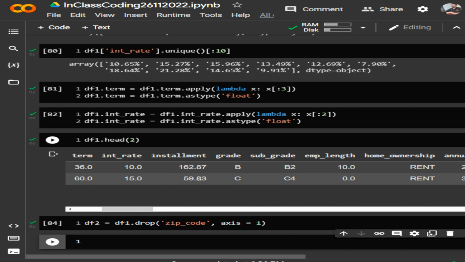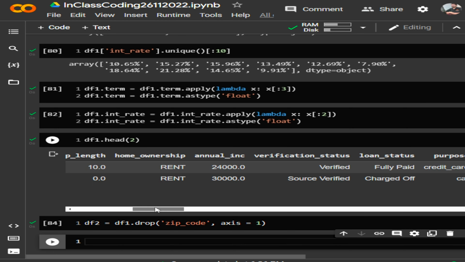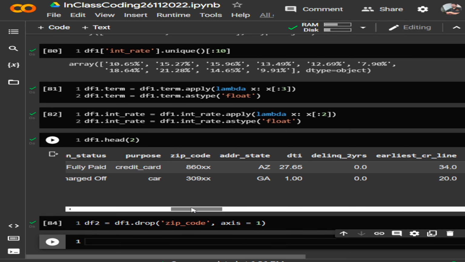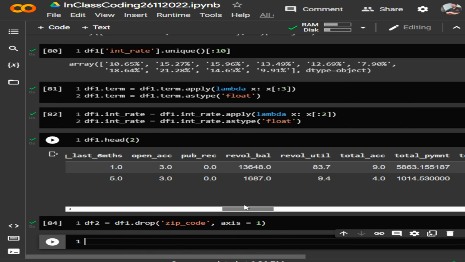Okay, we can see that there are many categorical variables left over, right? So let's deal with these categorical things, like purpose, verification status,